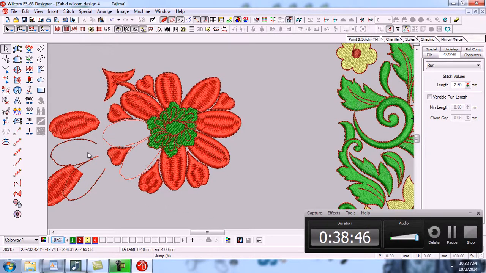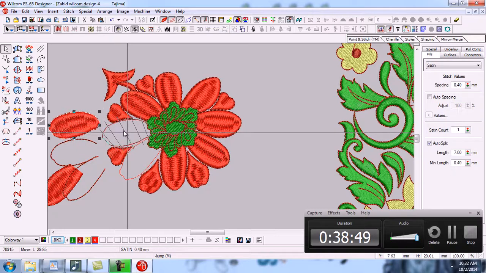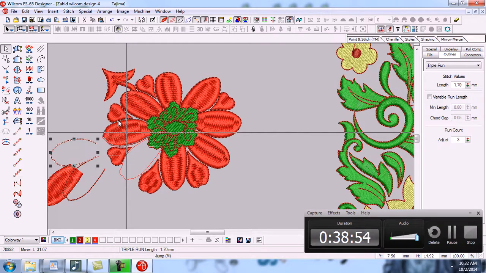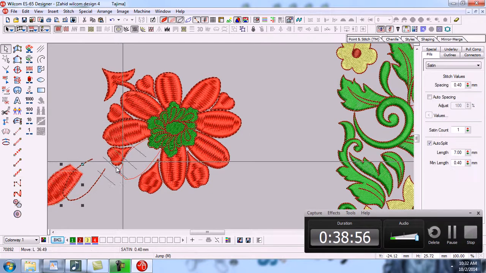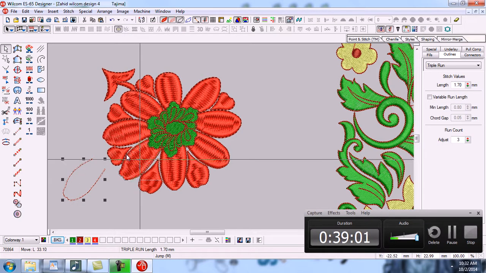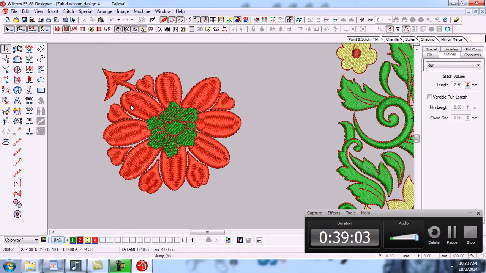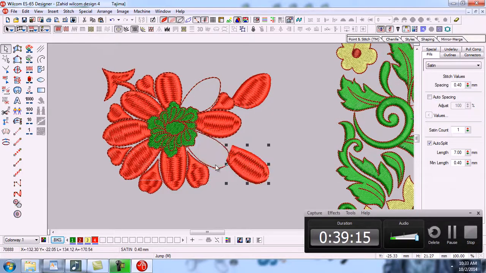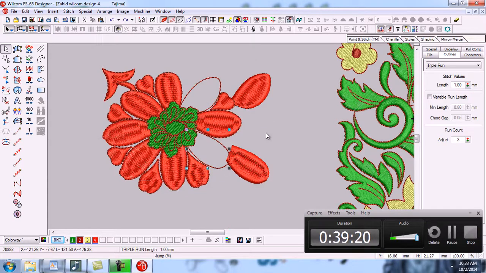So now, if you want to group all these objects so that you can move them all together, you can group them. For example, if I move any object, you can see that all these objects move separately, so we can group them.